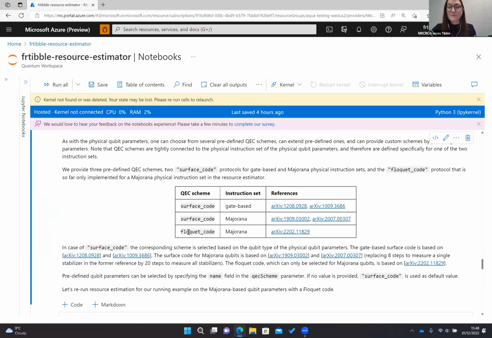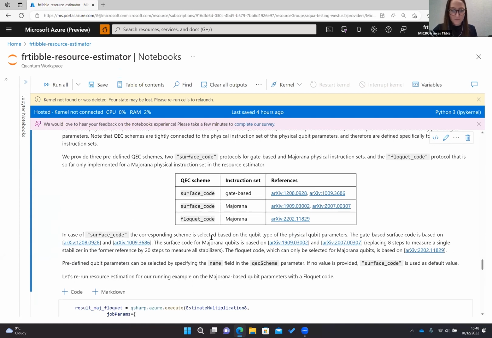The next one that I'm actually going to run is the Floquet code, which is something that some very smart people in our team at Microsoft Quantum have developed. And at the moment, it's specifically for Majorana instruction sets.